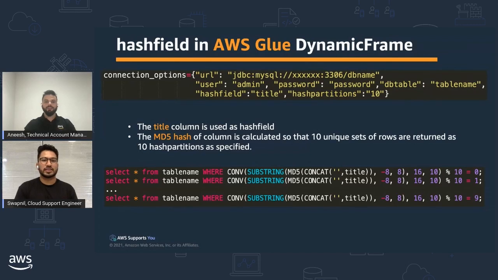So the sample code again is pretty much the same here. The only parameter which has changed is hash field. So instead of hash expression, I'm specifying hash field in my code, and I'm using the title column. As said, any column data type can be used as a hash field. So in my example, I'm using a title column, and hash field, as the name suggests, will calculate the MD5 hash of the records in my title column. And it will calculate such that it creates 10 unique sets of rows, and again 10 because of hash